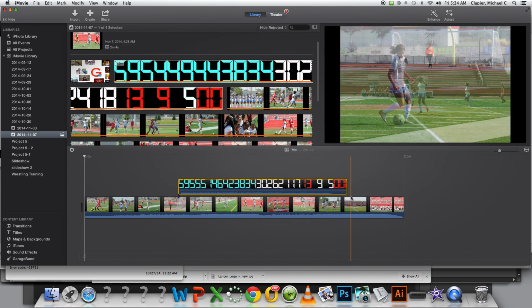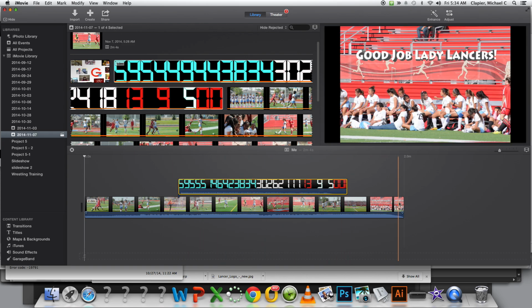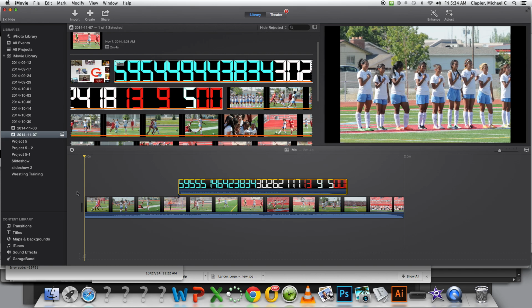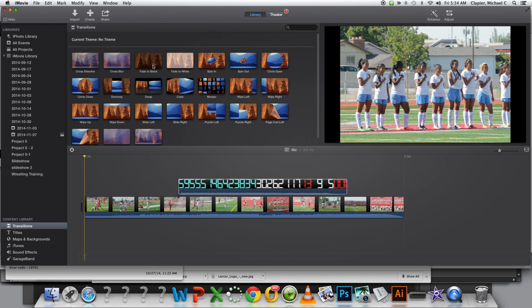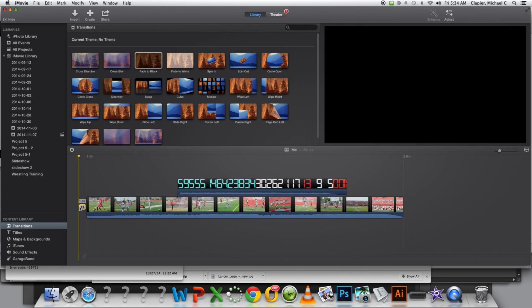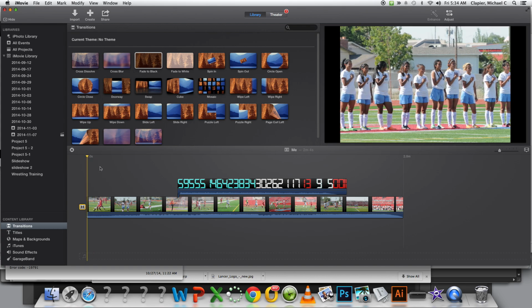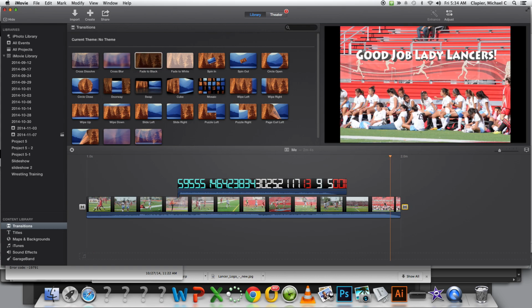Now, something you need to be aware of. By the way, the end of your videos should always fade out. The end of your intros should always fade out. That makes it look more professional. It gives closure to it. And they should also fade in to start. So I'm going to real quickly add a fade to black at the start so that it fades in like that. And I'm going to add a fade to black at the end so that it